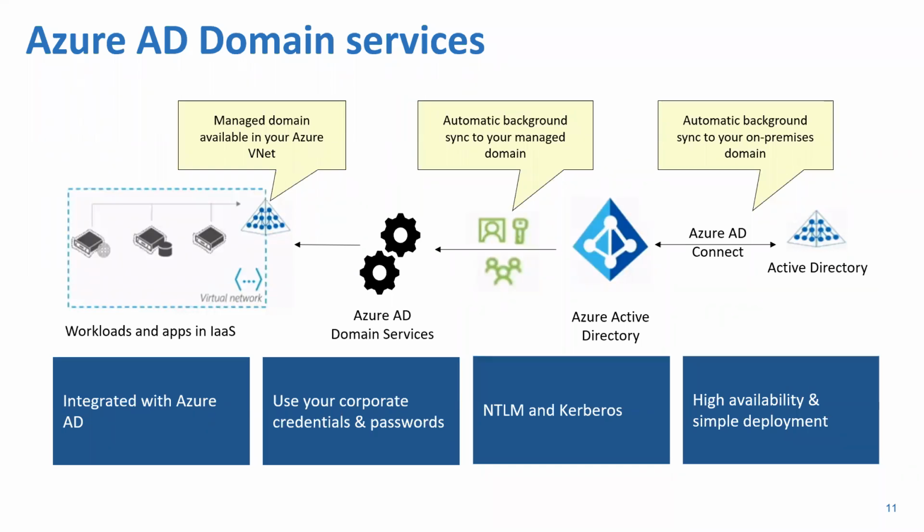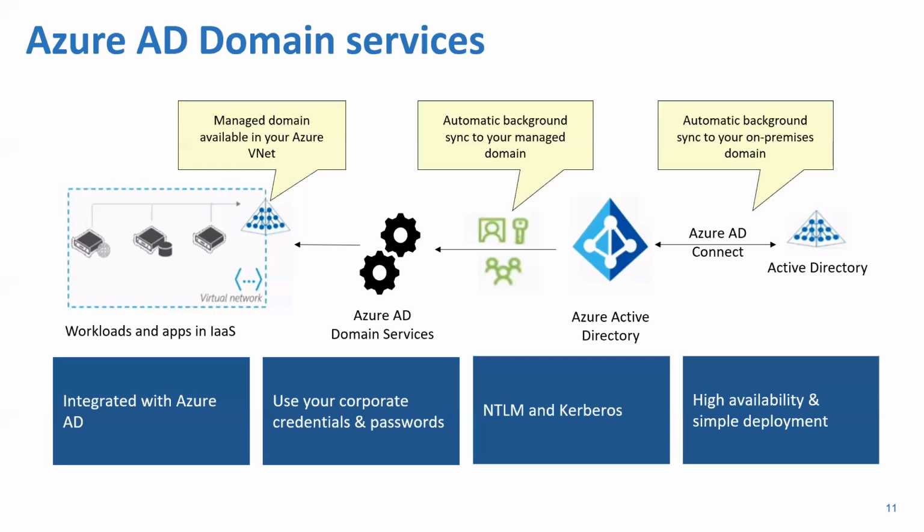So domain services basically converts your Azure AD into Windows AD, or something very similar to Windows AD, like an on-prem Active Directory itself, right? Once you do that, you can join Windows 10 and Windows Server. You can have applications which currently work with LDAP authentication with your Windows Active Directory, and they can now start working with Azure Active Directory as